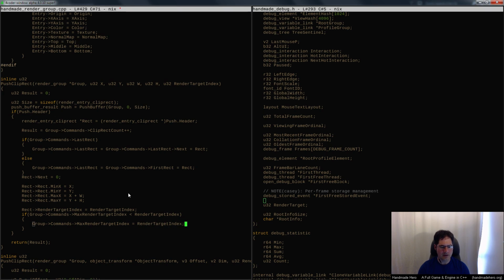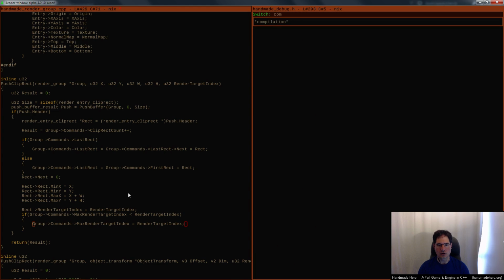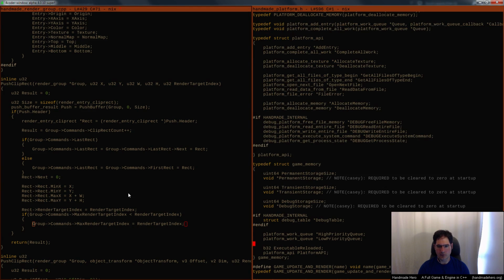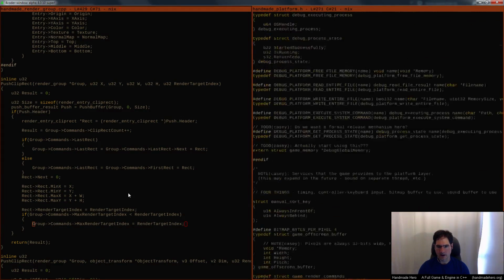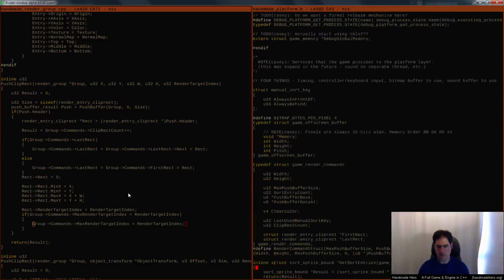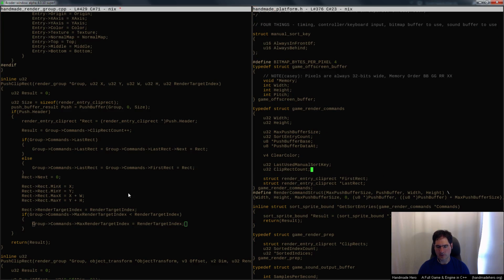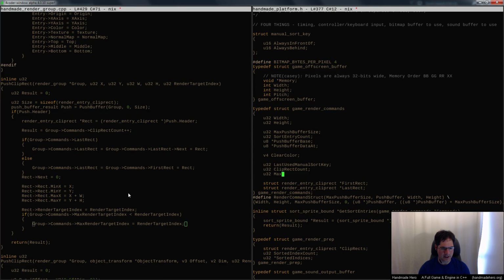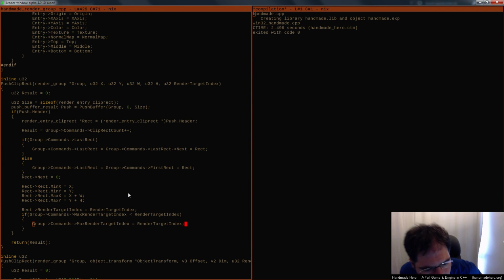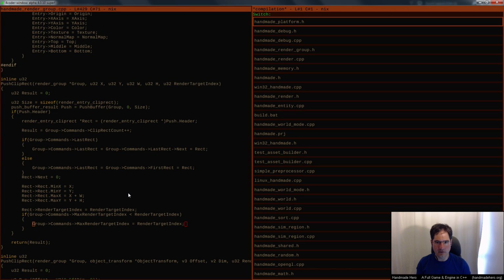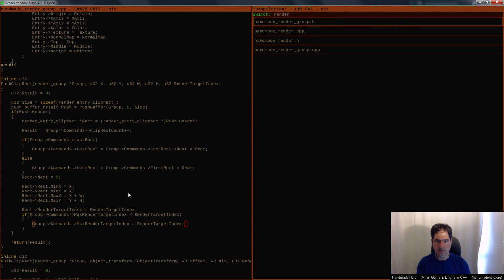So this way we'll track whatever the maximum render target index is that you used, we will remember it, right? Okay, so let's see, clip rect count. So in here, with all the rest of this stuff, which gets initialized, we can just say max render target index, like so. And that should now always be set to whatever the highest one is that we actually used.